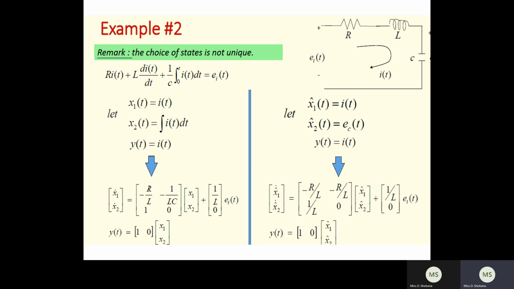So you can see whatever I have explained to you. First of all, an RLC series circuit is given. So you write the differential equation by means of Kirchhoff's voltage law. So sum of voltage rise is equal to sum of voltage drop across each element. Drop across the resistor will be R into i of t, L into di divided by dt, 1 divided by C into integral of i into dt, that will be e of t. So here you have to assign the state variables. x1 is equal to i of t, and the voltage across the capacitor will be x2.